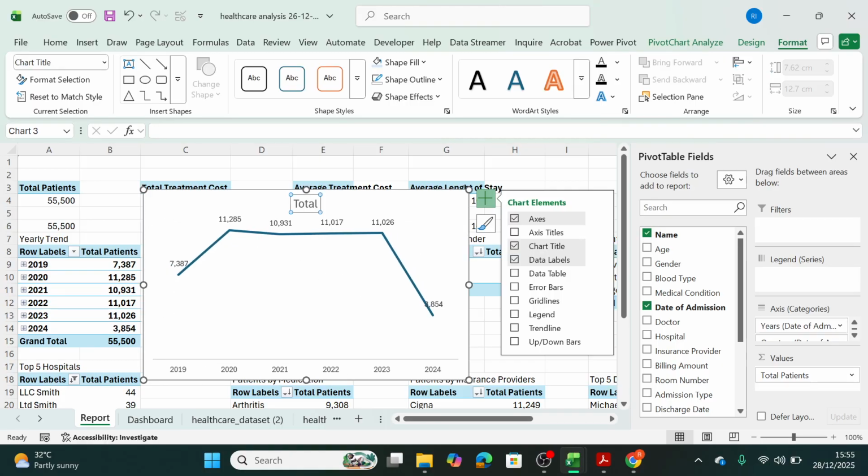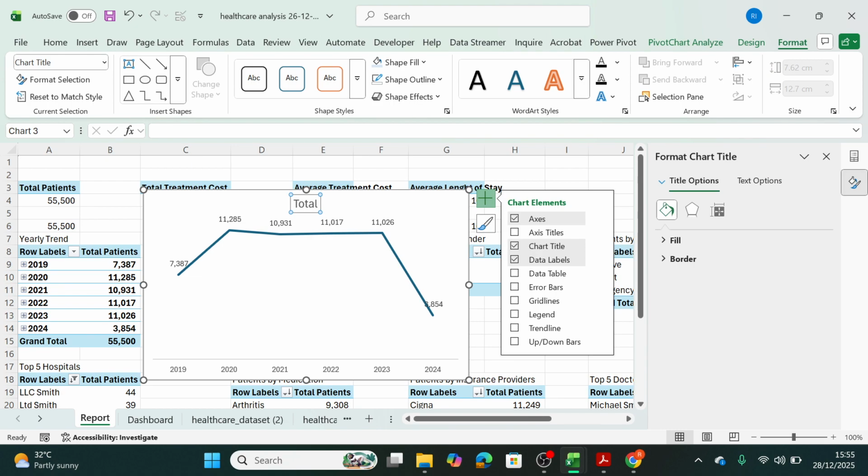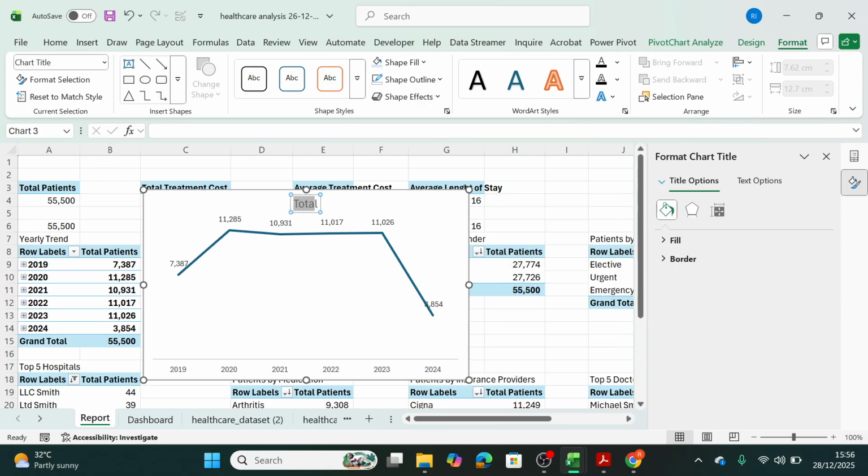Now the title, what title can we give it? We can easily call it yearly trend. At the same time, let's say yearly admission trend. I think that's best. So you click on the title and say